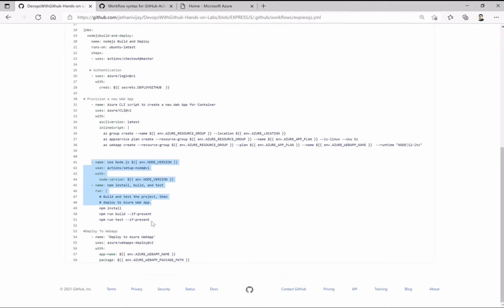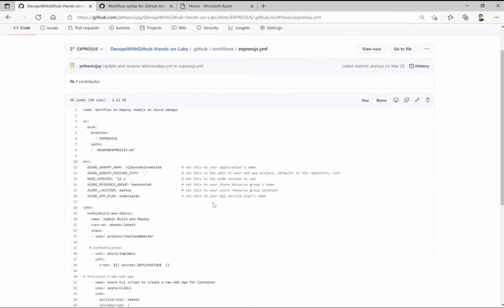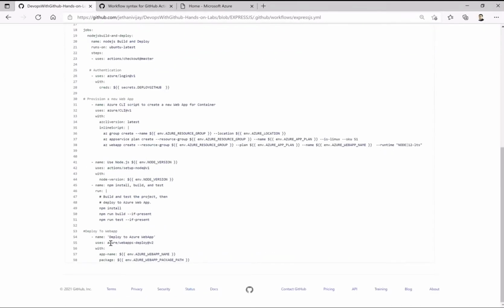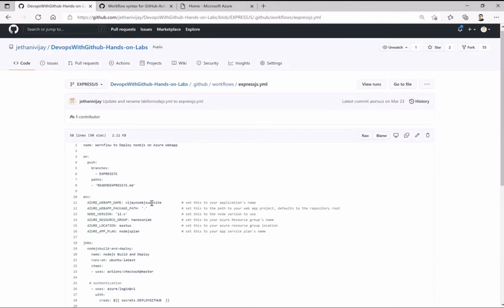So this gives me an artifact ready to deploy on the web app. Okay, so this gives me an artifact ready to deploy on a Node or Express app here. And then with the help of, again, the readily available, or I would say public, GitHub Actions available to you, I'm just using Azure Web Apps Deploy with the app name, which I already specified in the name here, and then